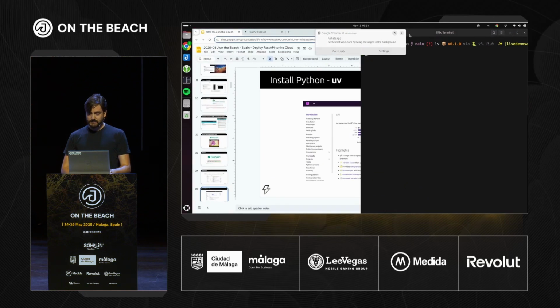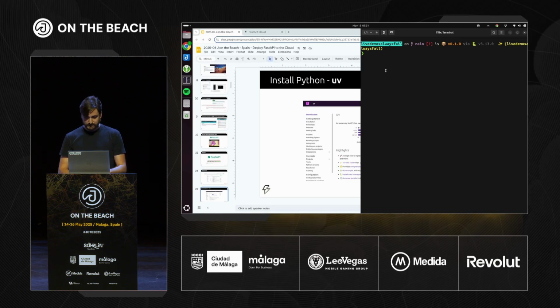I was practicing this yesterday, and can I just not have notifications right now? Anyway, I was practicing this yesterday, and this was the name of the project I was using. Live demos always fail, because they always fail. You're going to see everything crash spectacularly, but I have a bunch of backups of screenshots, so you can see what this was supposed to look like.